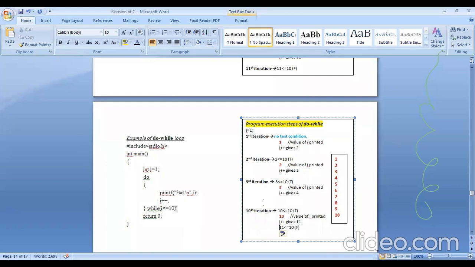Since it is found to be false, we will not have any other iteration, and therefore you exit from the body. If there are statements further, they will get executed, else it will terminate the program execution. So this is how the do while works, and these numbers will be the output.